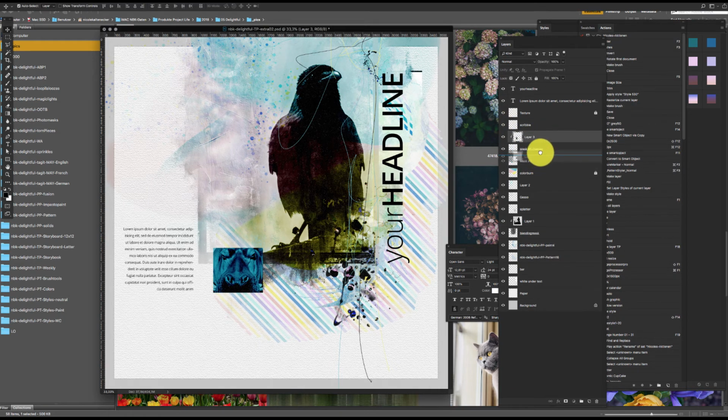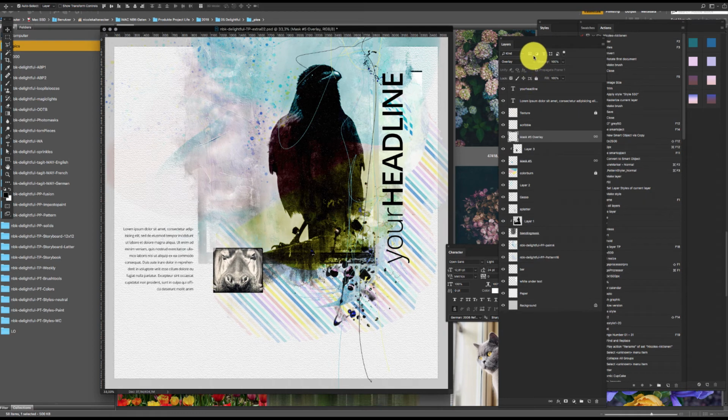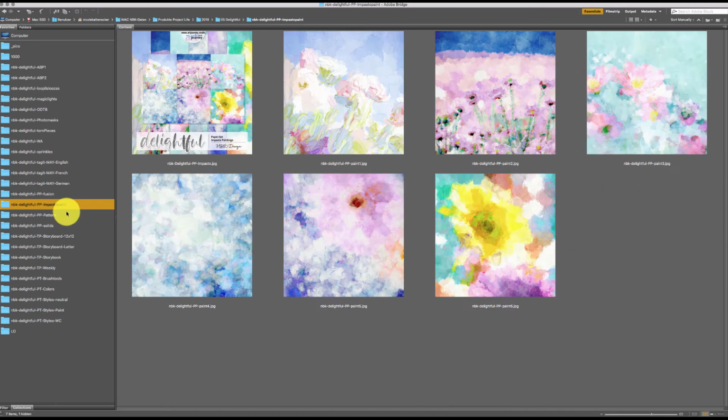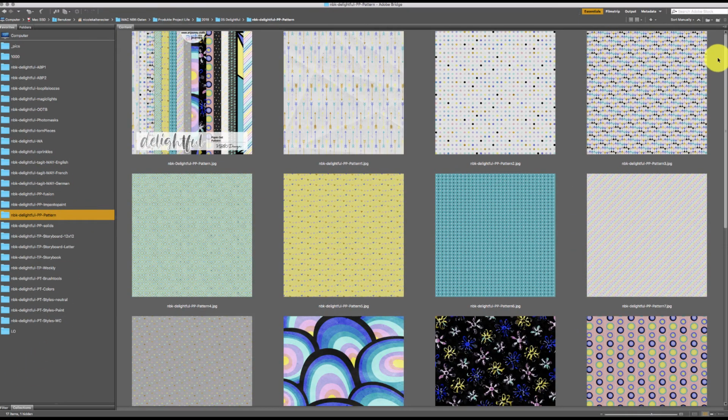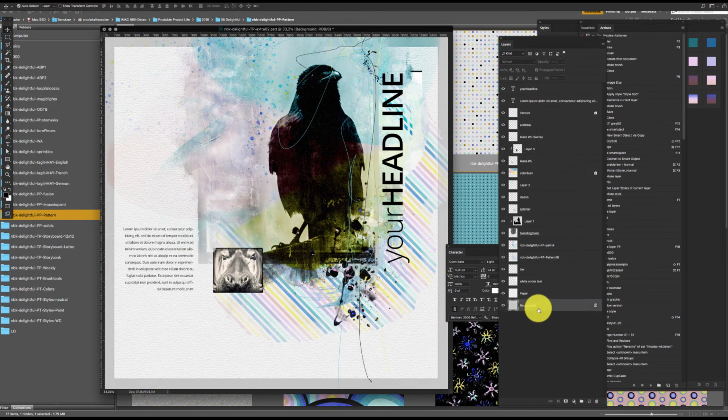Because we added the mask itself is blue linear burn, so you can change that mask itself, overlay. Now it looks a little bit brighter. And now you can change the background. Let's pick that paper and we go to the background, we copy and paste that in,